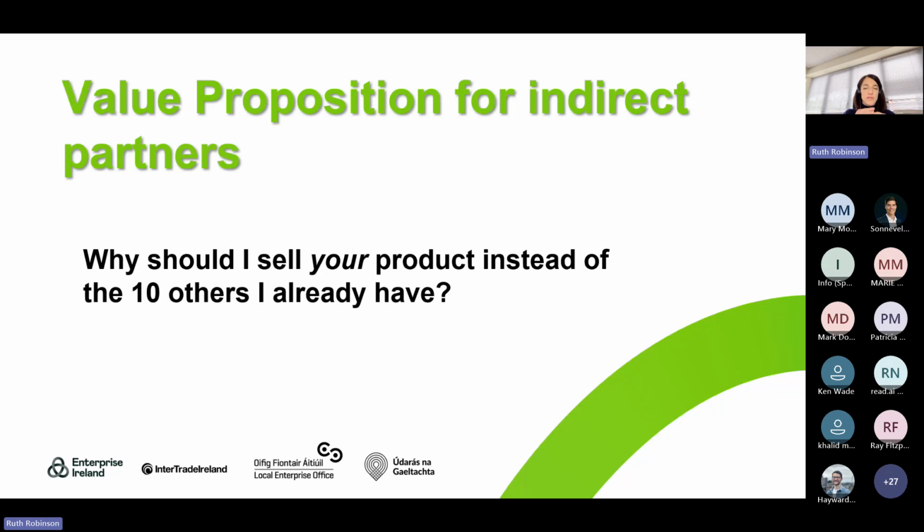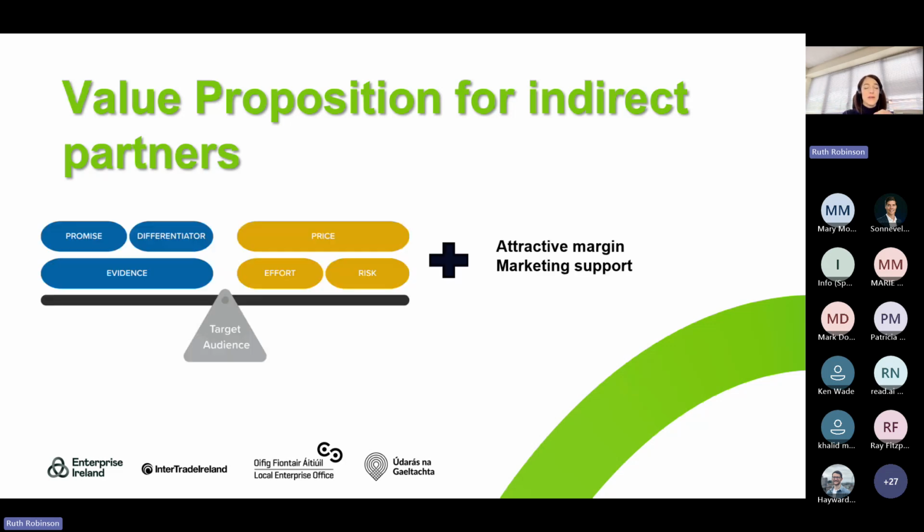And then thinking about your value proposition for your indirect partners, you need to think about why they're going to be asking themselves, why should I sell your product instead of the 10 that I already have? You've got to find some really compelling reasons why they should sell your product instead of the other ones that they have. If you look at the previous webinar, when we looked at value propositions, I had this seesaw